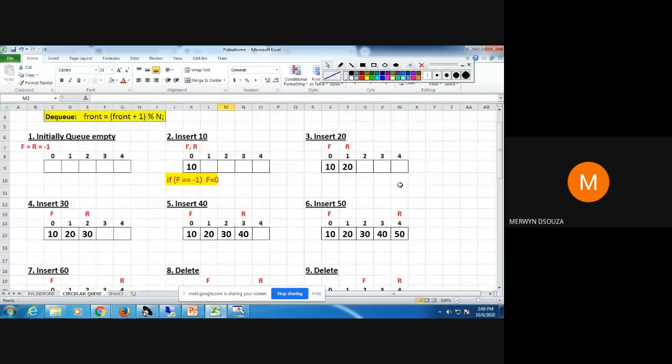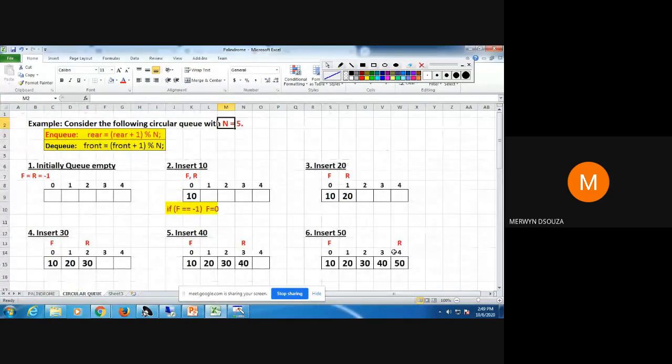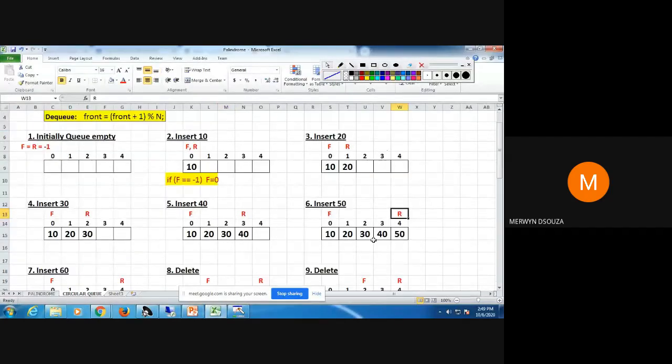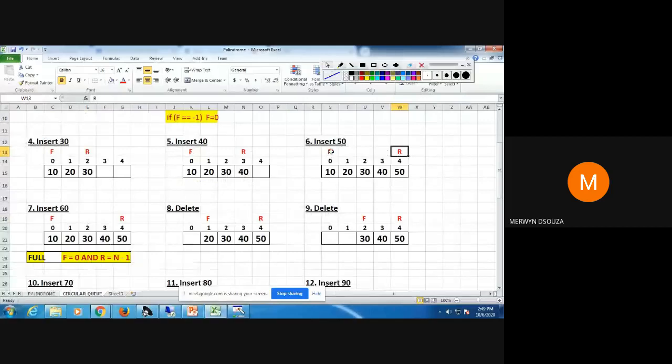So how do you write the condition for the queue being full? You say the value of front is equal to 0 and the value of rear is equal to n minus 1. That is when you get the queue as full.